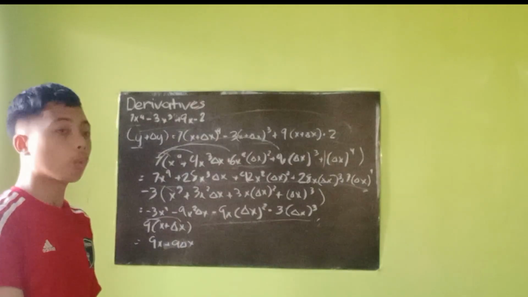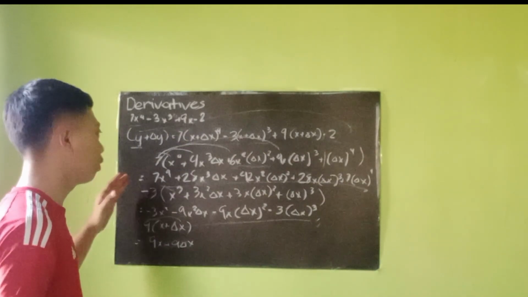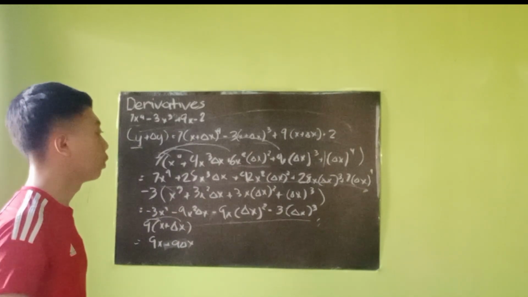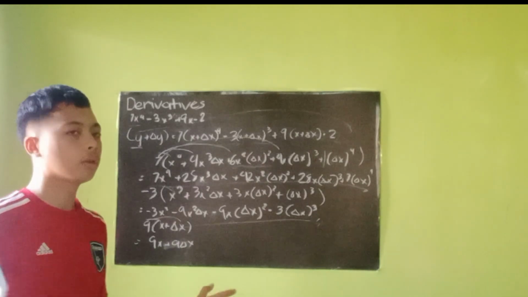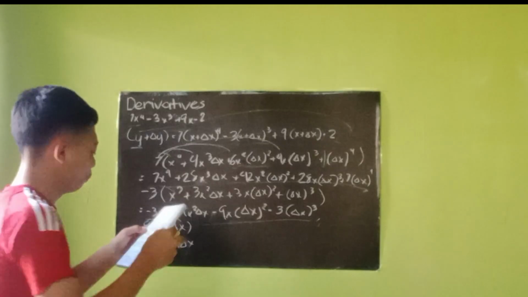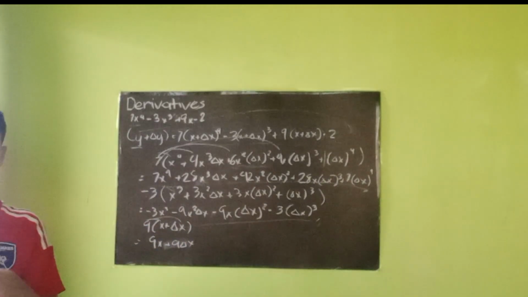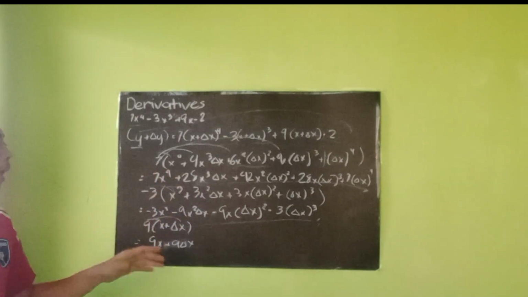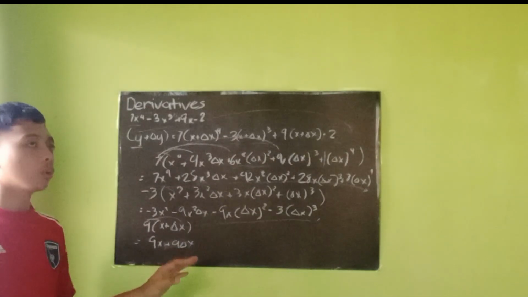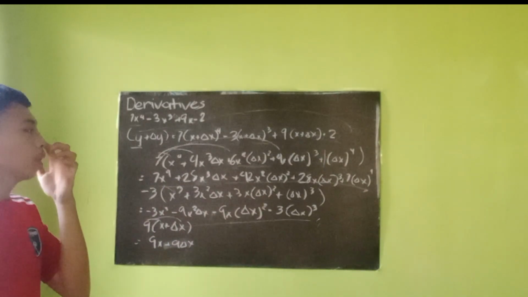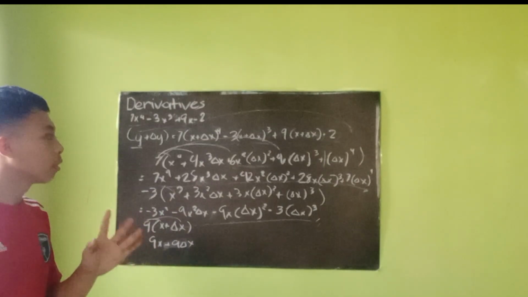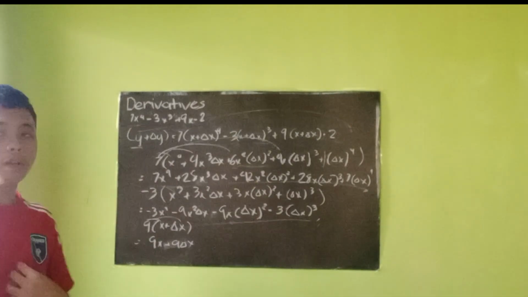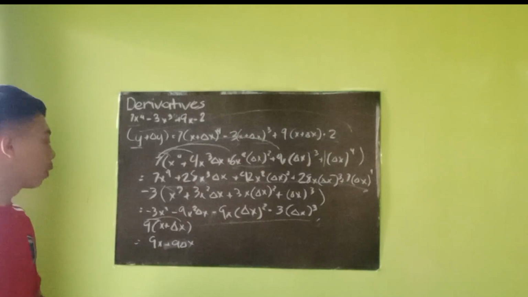now we're not done yet, because once we've already expanded these three terms, we have to combine them in order to form one singular solution. So when you combine them, it would be 7x raised to the power of 4 plus 28x cubed delta x plus 42x squared quantity of delta x squared plus 28x quantity of delta x cubed plus 7 quantity of delta x raised to the power of 4 minus